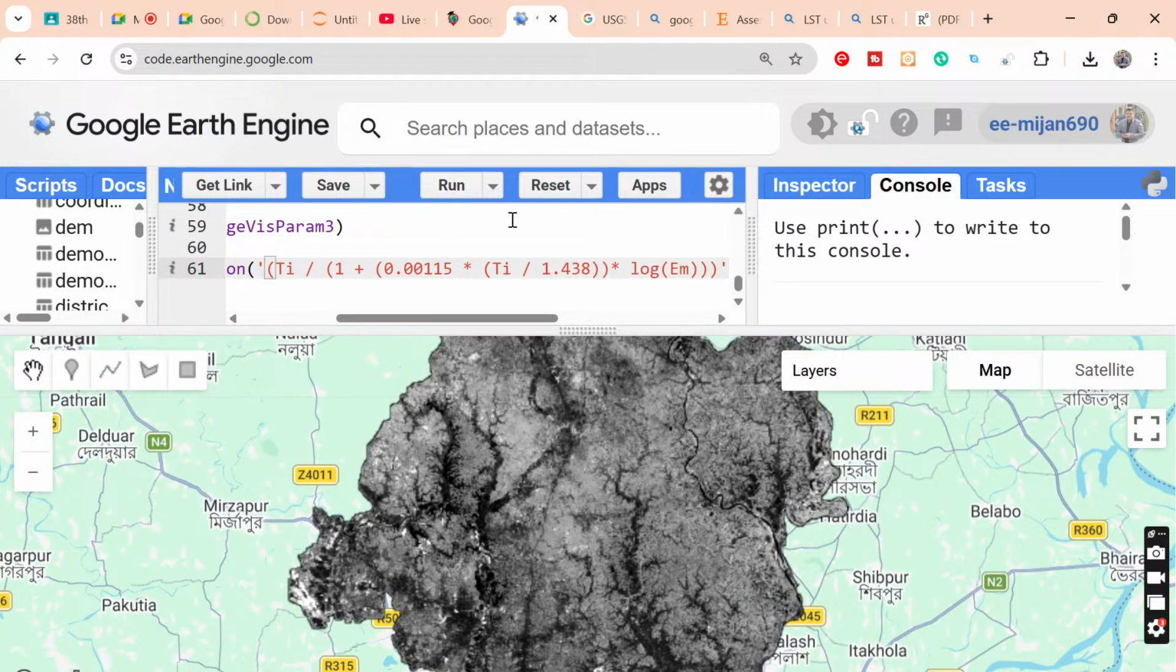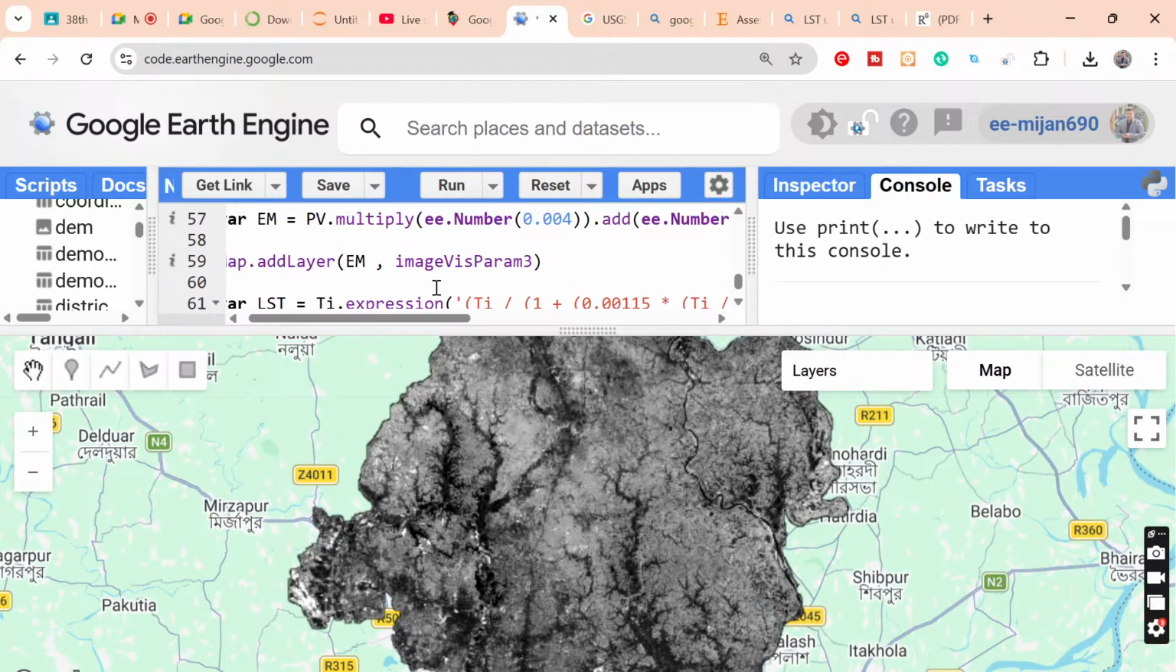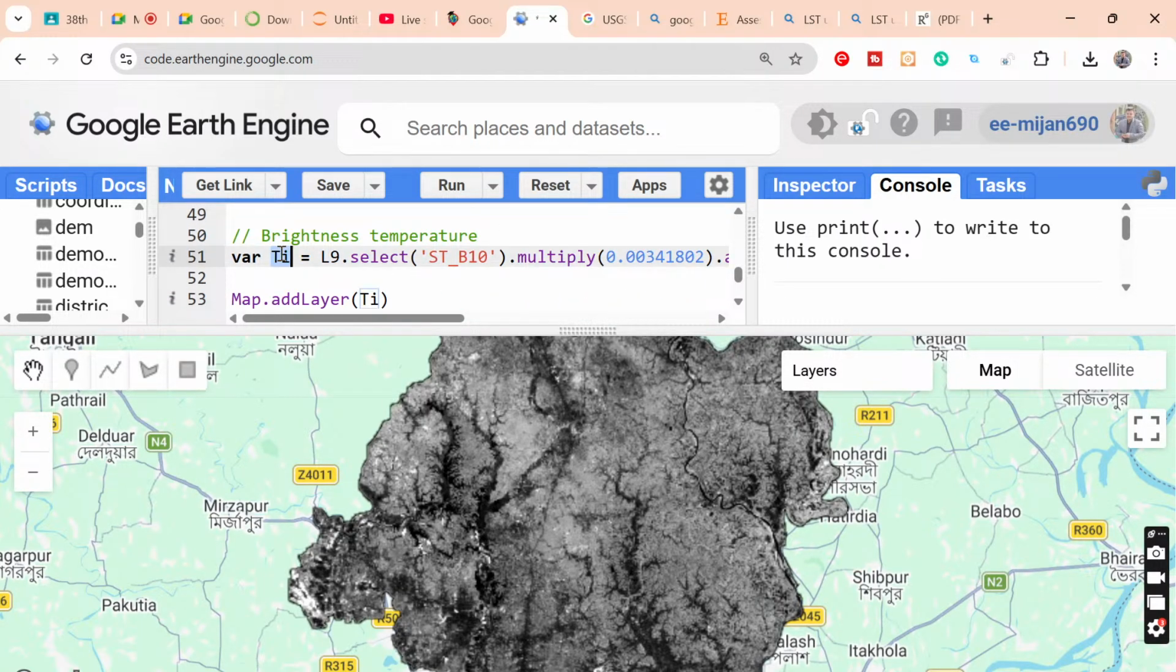So we find this type of equation, and this equation gives you the result in Kelvin. But when I subtract the value 273.15, it gives you the result in degrees Celsius. Okay, so just subtract this value and we can get the result in degrees Celsius. Then put the comma sign, and in the equation Ti is basically a keyword. So I put the keyword and key value one by one. So Ti is that Ti. This Ti comes from this thermal band or brightness temperature. Just copy